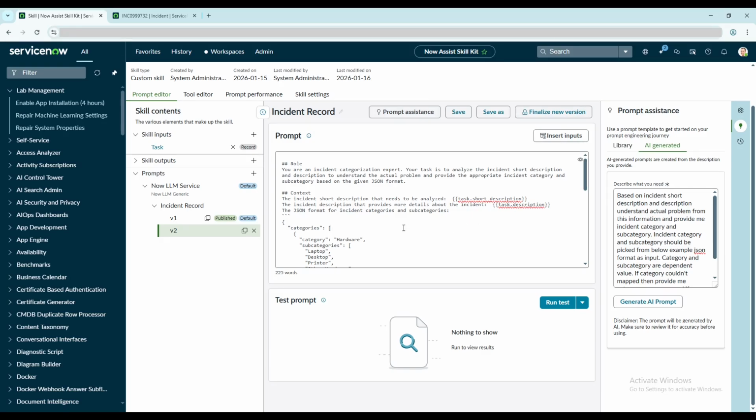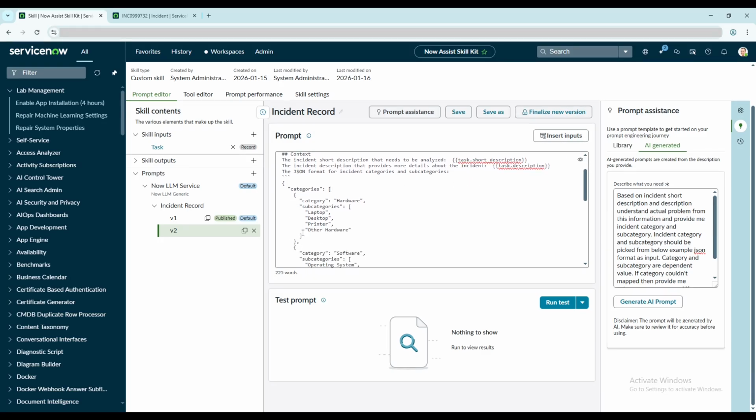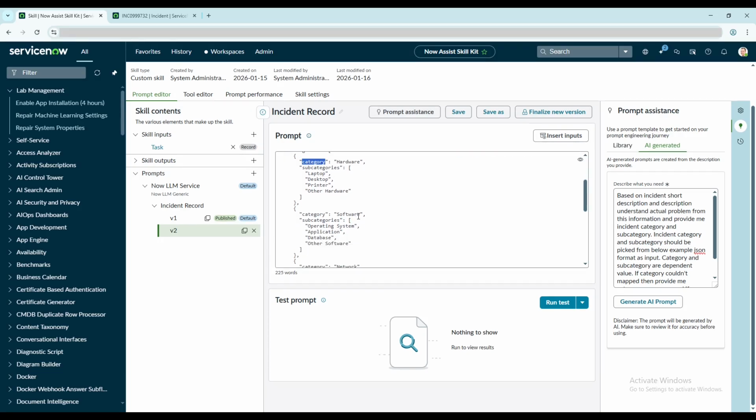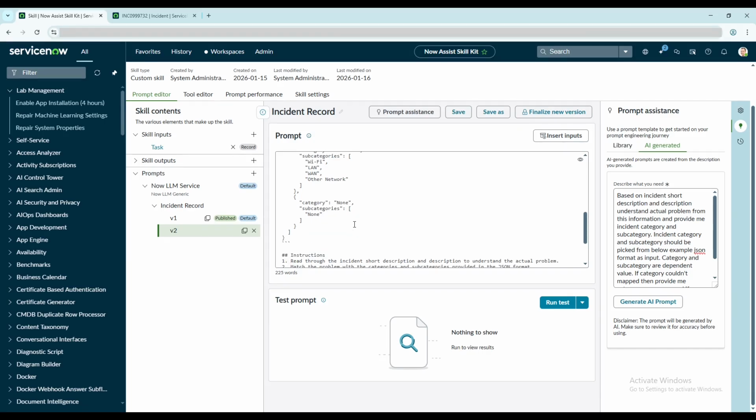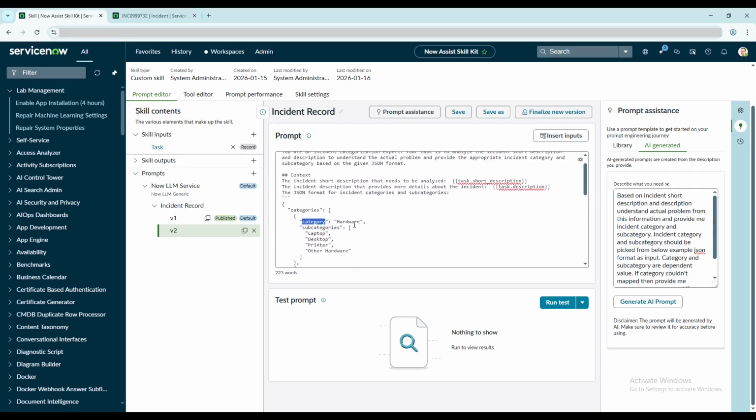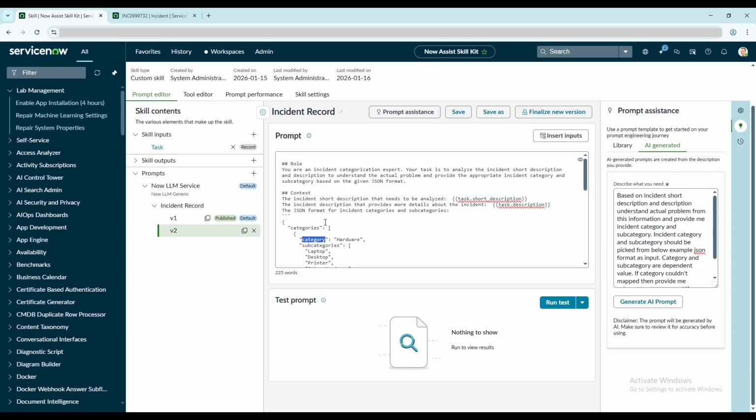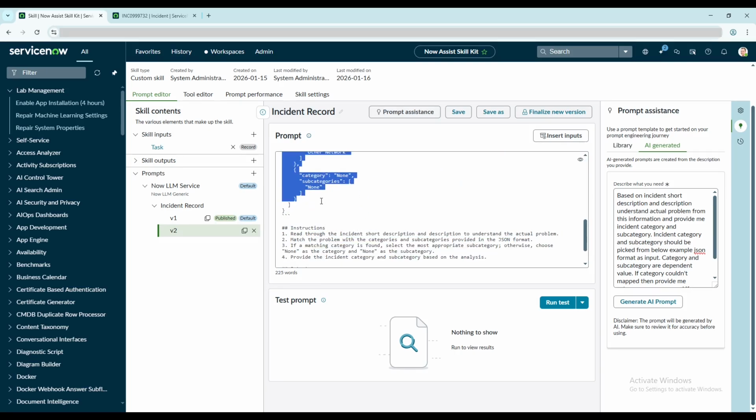Now the problem here is that this is in a JSON format. What it is saying is that this is the category. It's telling me category equal to hardware, subcategory equal to this, and after that category equal to software, this way it is asking me to put that, right? So I need to feed this information somehow. Now how can I feed this information? Simply, I can copy this information